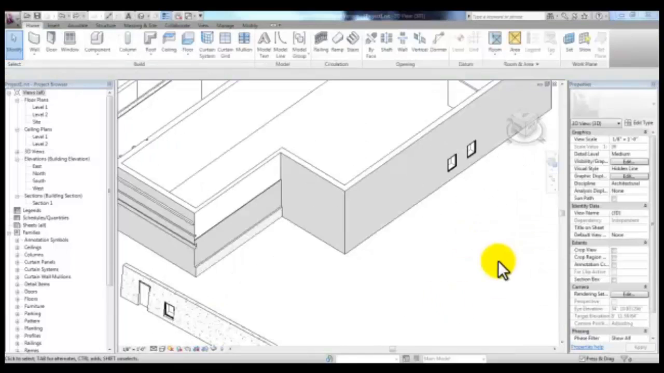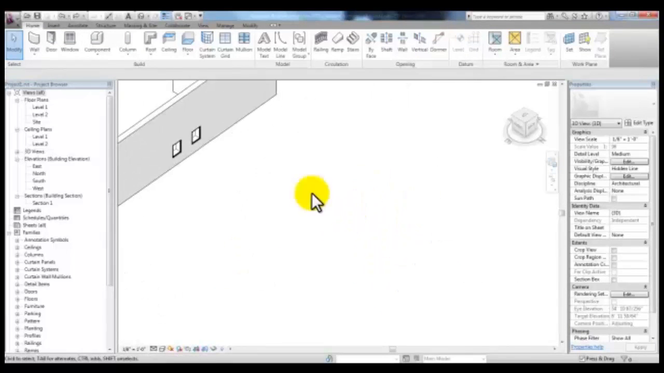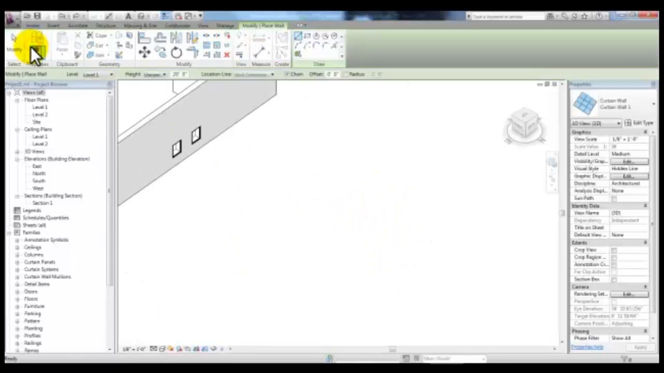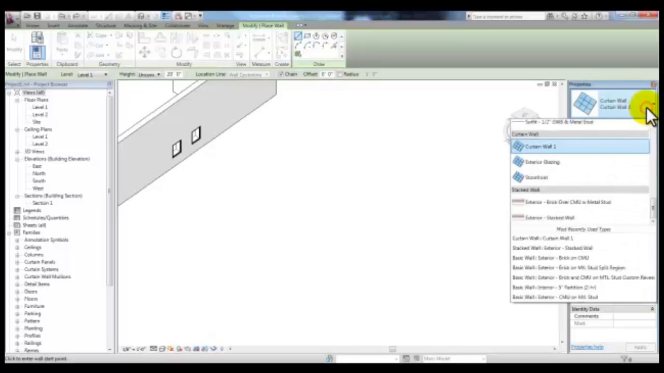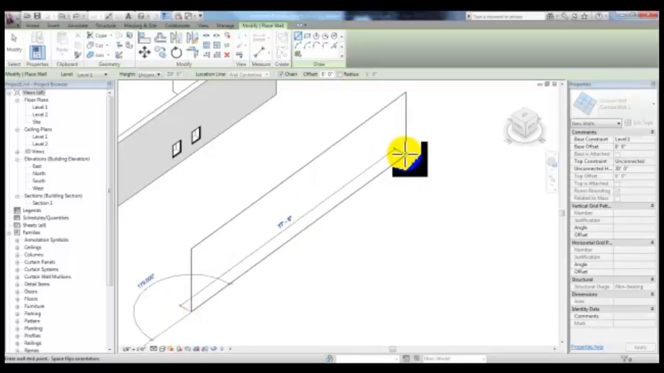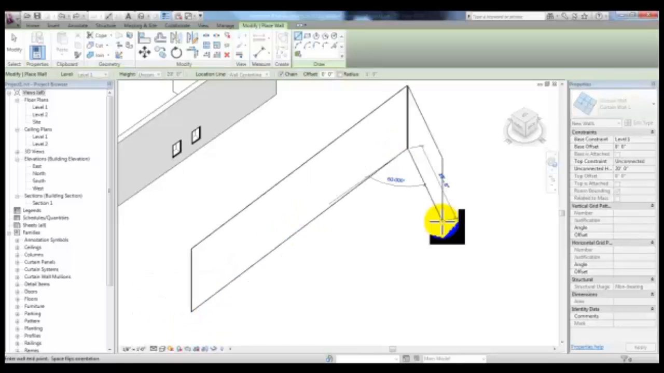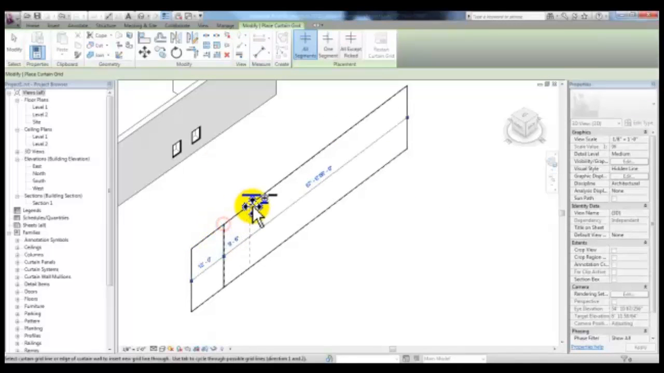Let's go ahead and cancel out of that and place a curtain wall. Over here in Space, we can go to Wall tool, and in this drop down, go to Curtain Wall 1 and place our curtain wall. It's like a sheet of glass, so in the Home tab, we can use Curtain Grid to establish our grid